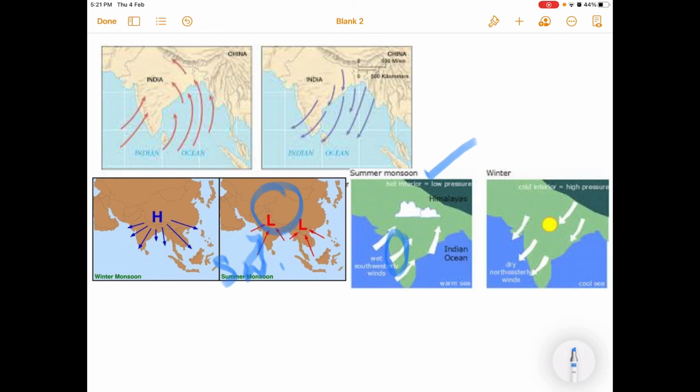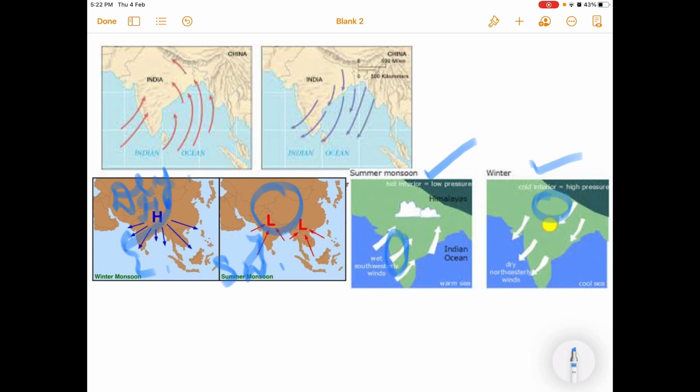Next we have the winter monsoon. So, what happens? The reverse phenomenon happens in the winter season. During the winter season the weather conditions are just the opposite. So, high pressure is there over the land and low pressure over the sea. So, winds always move from high to low as the winds move from the land towards the sea. So, the winds are cold and dry and they are not giving any rain to the interior parts of the subcontinent, and the land cools and high pressure is formed in Central Asia.